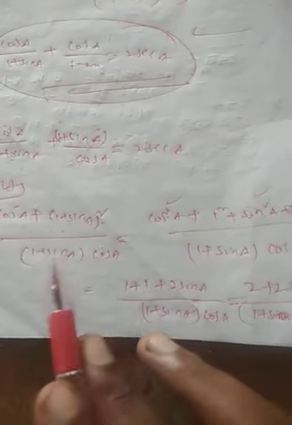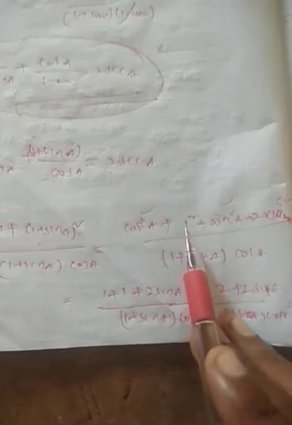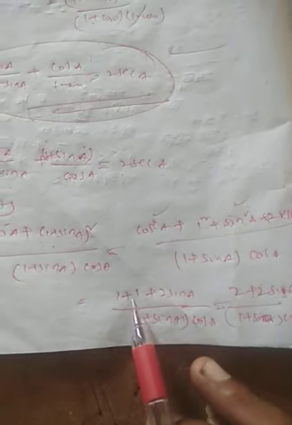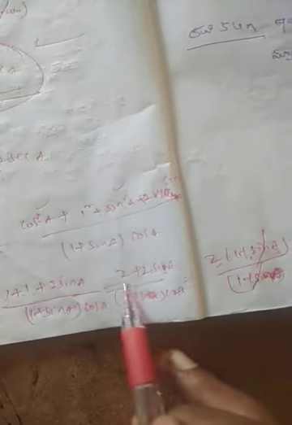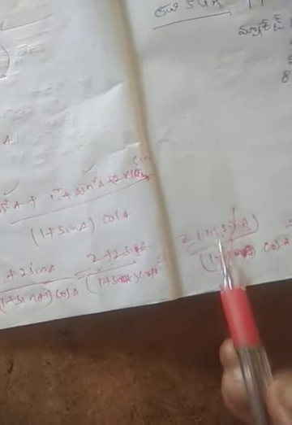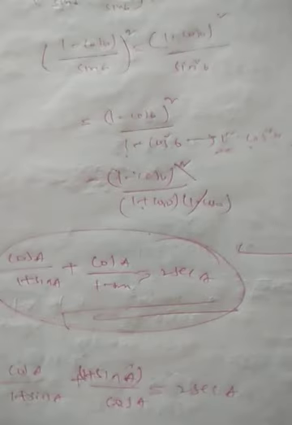Once again, cross multiply, a plus b whole square form. A plus b whole square means a square plus b square plus 2ab. Cos square a plus sin square a is 1, and already 1 square we have as 1. This is 2 into sin a. 1 plus 1 is 2. 2 will be common, you will get 1 plus sin a. 1 plus sin a cancels. 2 by cos a is 2 sec a. This is about the fifth bit, third question. We will discuss the remaining questions in the next class.